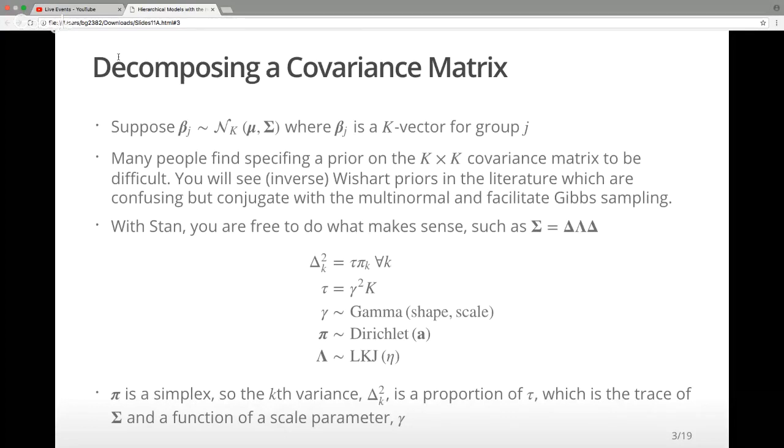And if you scale your outcome such that a unit exponential prior is reasonable for this gamma, then that's a fine thing to do. In some cases, you might have some intuition as to what is the overall variance. In some situations, you're going to want to constrain the overall variance to be 1 or to be k or something like that, in which case you could fix gamma to 1,